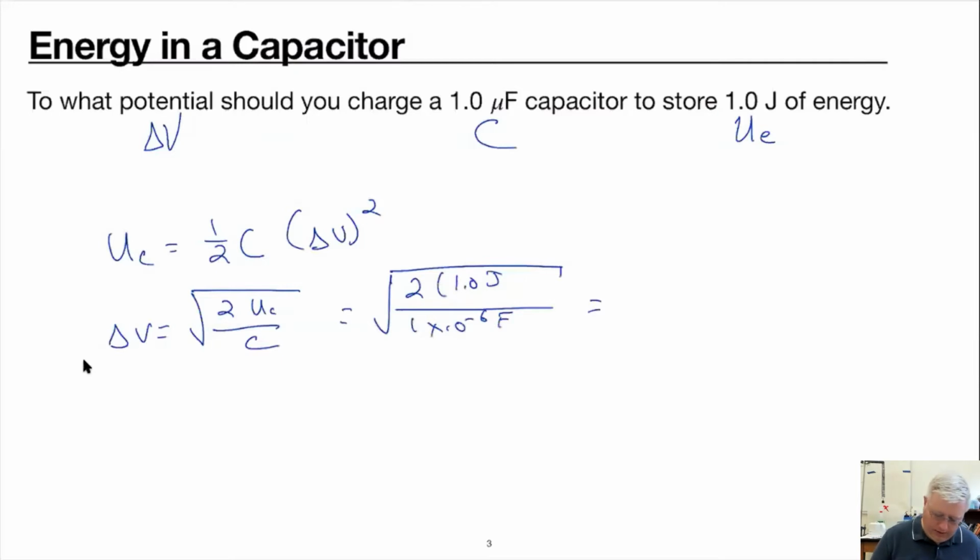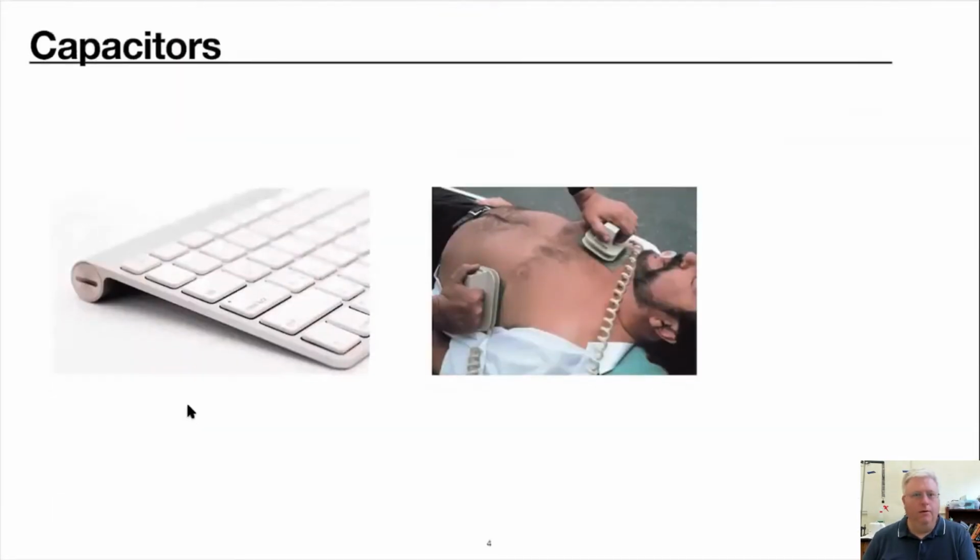And I get about 1414 volts. Okay. All right. So